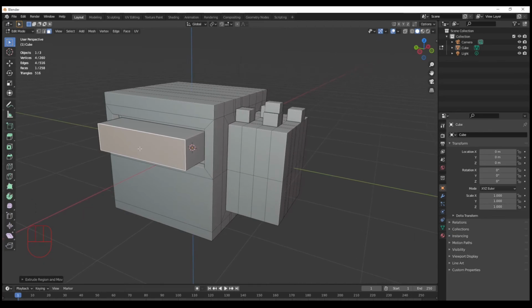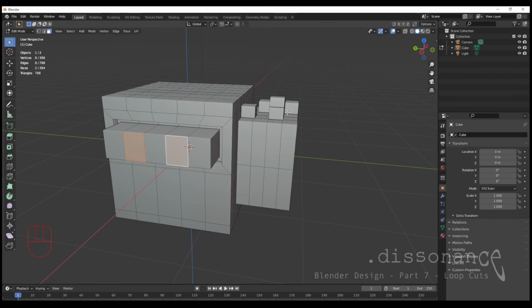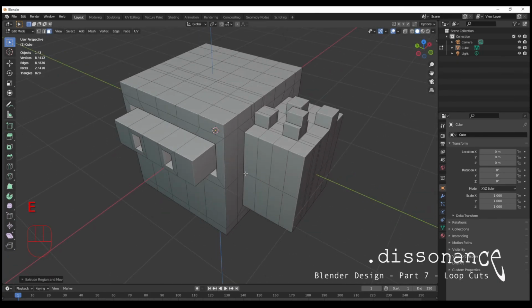And then I want something right in there, so I'll hit Control R for a loop cut and maybe give it a scroll, yeah, about like that. Click, left click, and then right click to center, and then number 3 again, and I'll hold down Control and get those, and then watch this. So then I'll inset the 2 of those because I can do that together. Then I'll bring that in and on,